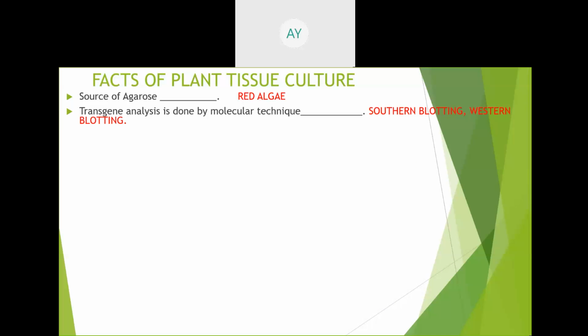यू नो, ट्रांसजीन एनालिसिस में जीन किसी भी प्लांट में चला गया तो इसको हम कैसे कंफर्म करेंगे? थ्रू सदर्न ब्लॉटिंग, वेस्टर्न ब्लॉटिंग. किसी भी प्लांट में जीन को आपने डाला और कंफर्म करना गया या नहीं. How can you test? थ्रू सदर्न ब्लॉटिंग. ओके. नेक्स्ट सर. हाँ बोलो,